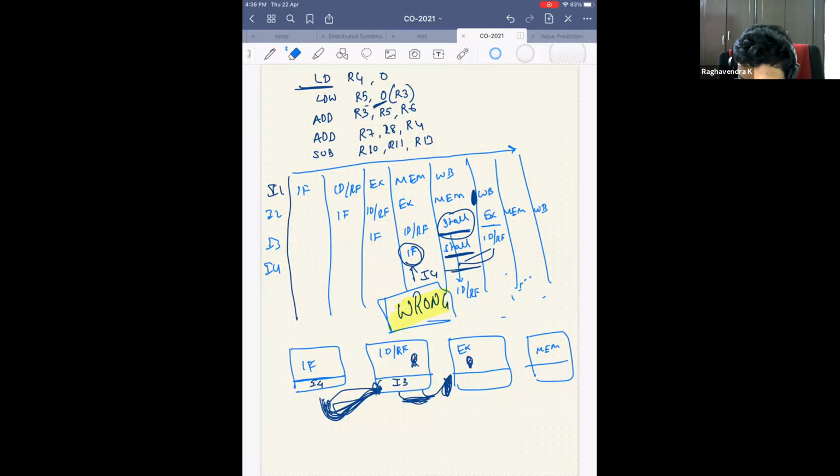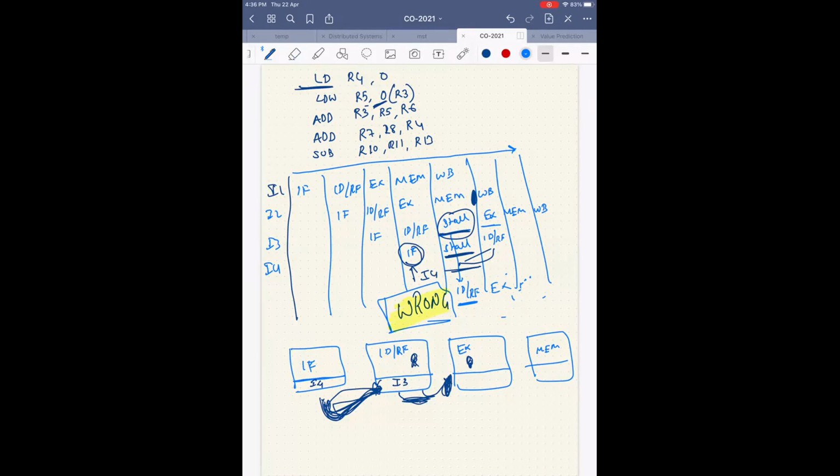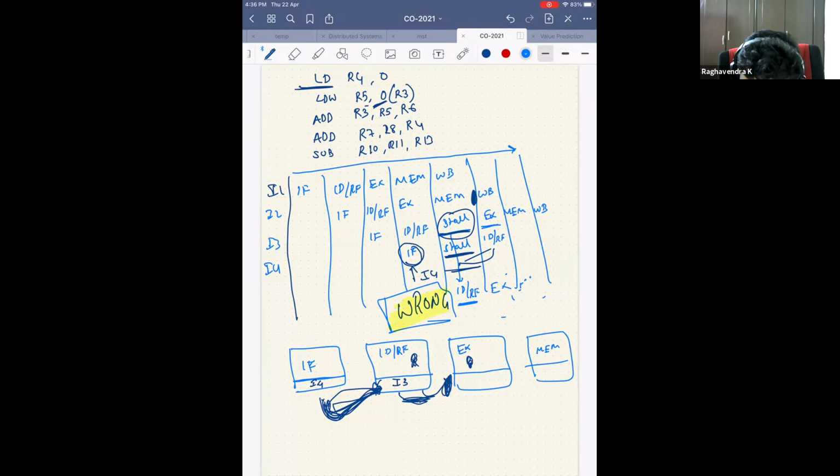Whoever is listening to the video also, this is wrong. This is not allowed. If there's a stall, I cannot write anything here. That is very clear. But just for our curiosity, we have written instruction decode. Now what he is asking is, can I write execute here? No, right? Because I3 is already in the execution stage. So I cannot write execute here. So what he has done is he has said, I will make a stall here.